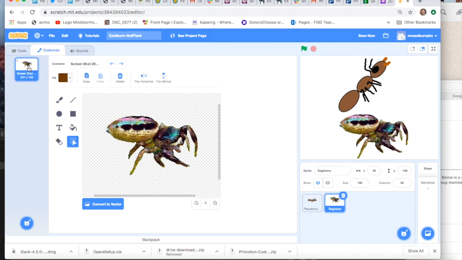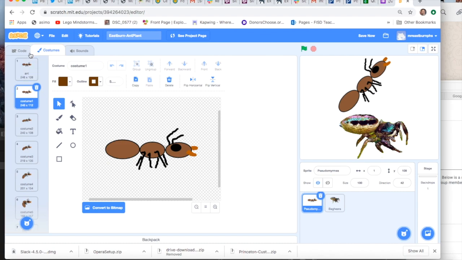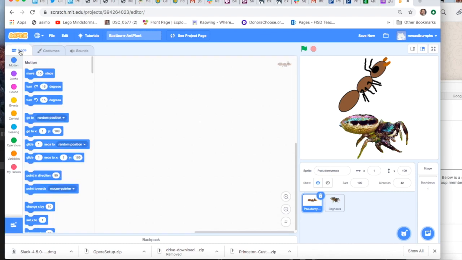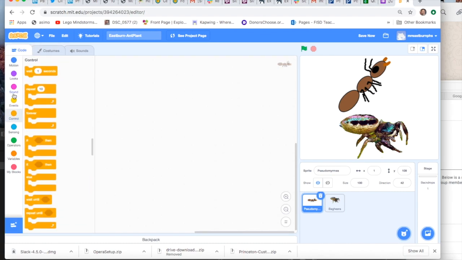So I have my ant and I have my spider. And I'm going to start entering in code. If you do Python, code's a little bit more typing,